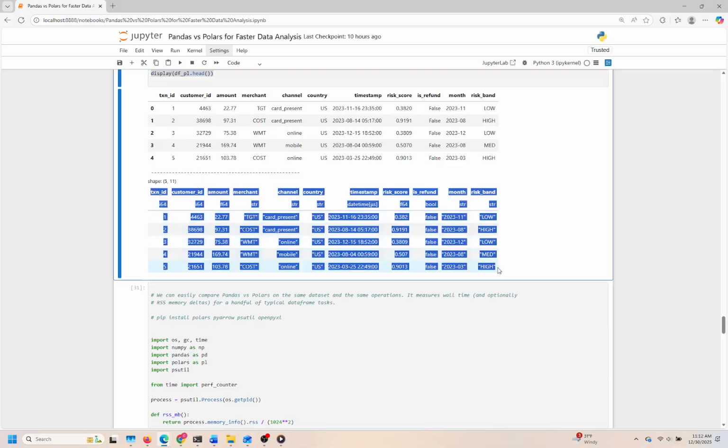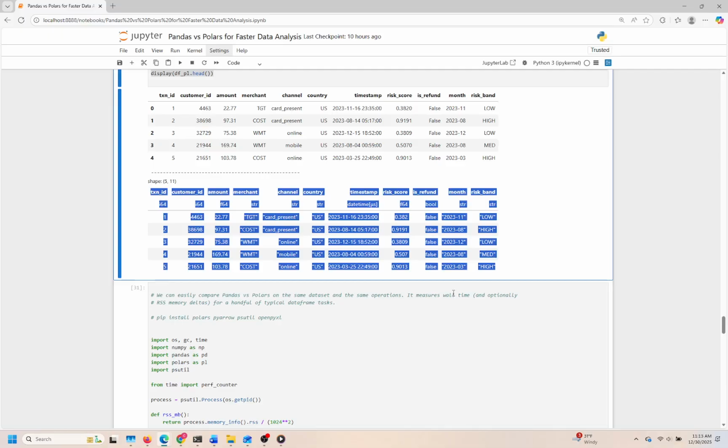Once the coding is executed, we can anticipate an enlightening output that showcases a preview of the modified data frames. This output will display the newly added risk band classification alongside each transaction record, providing immediate insights into the risk landscape. By laying out these classifications visually, analysts can quickly assess how many transactions fall into each risk category, facilitating rapid